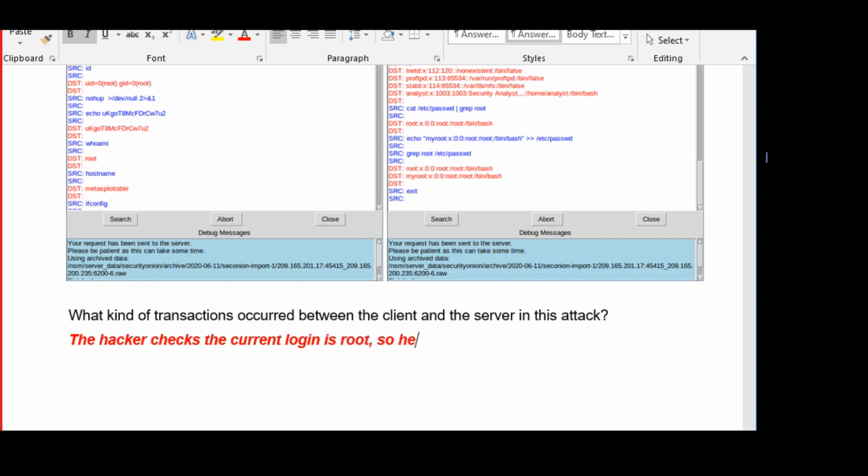So he tries, so he added a new user, my root, to the shadow